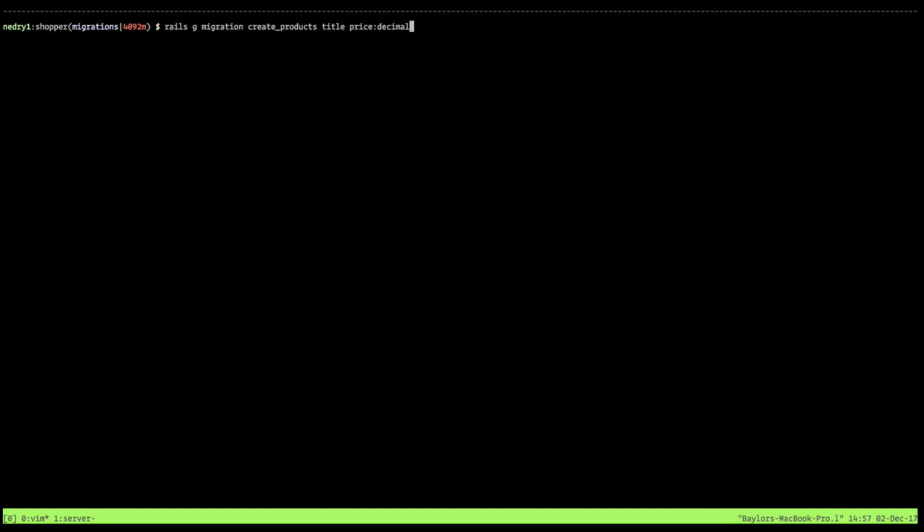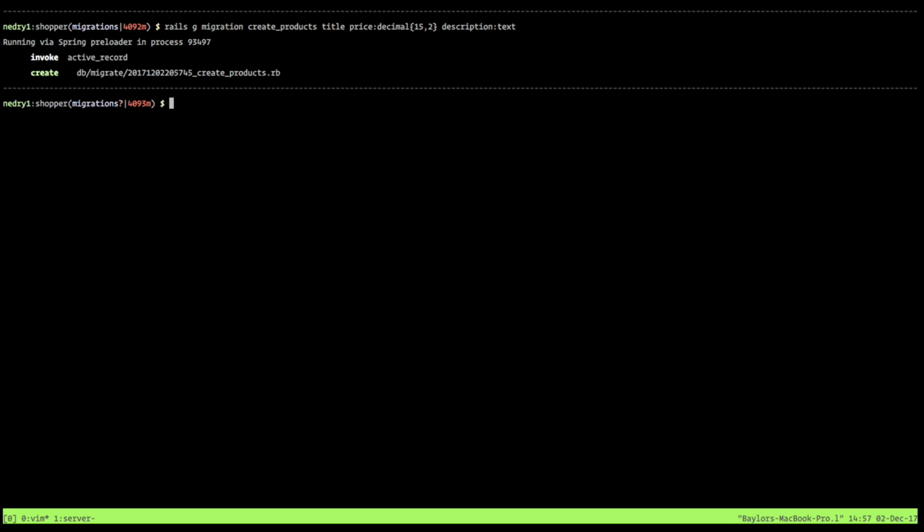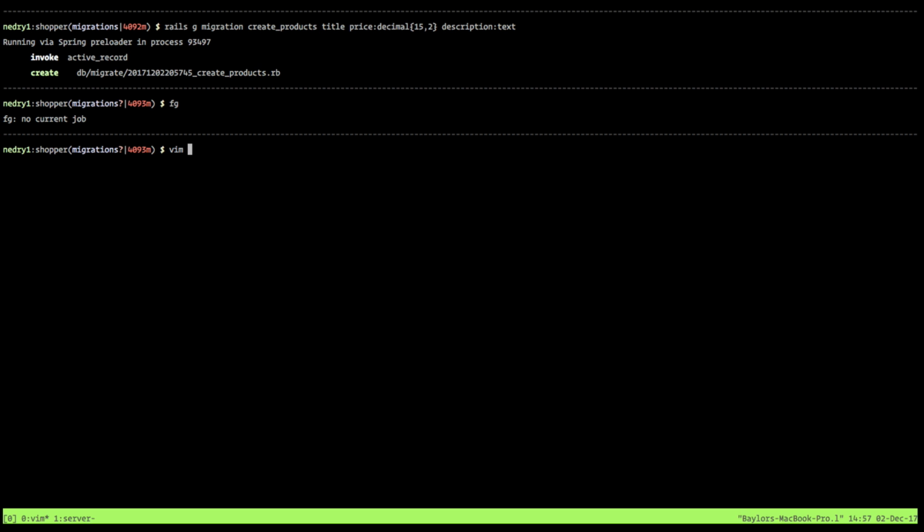And we can pass in our options with curly braces. We can say like 15:2. And so that's going to make our precision and our scale 15:2. And then we can also add our description, and we're going to specify the type for description is text, because a description has more length or more text generally added to it than a title. So if we create that, and now we go and take a look at it,